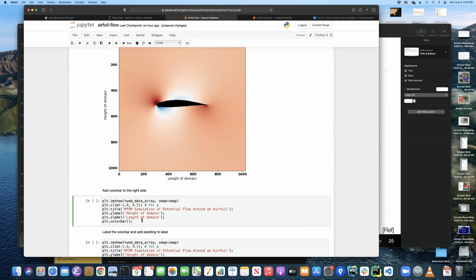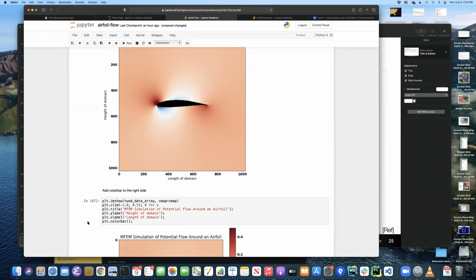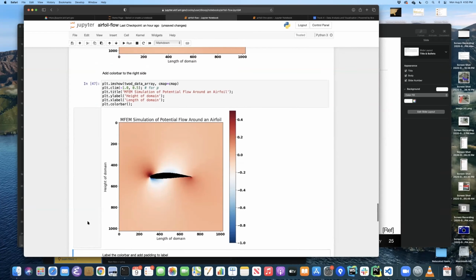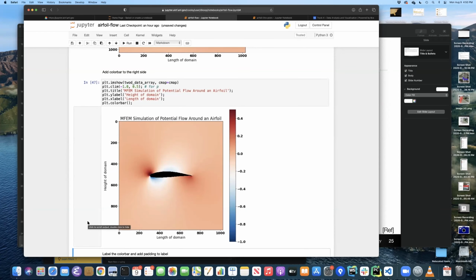Another thing that's often important in interpreting the data, especially when using color, is some translation from the colors you see to the actual values that the color is encoding. So a color bar is something that Matplotlib can add automatically for you.